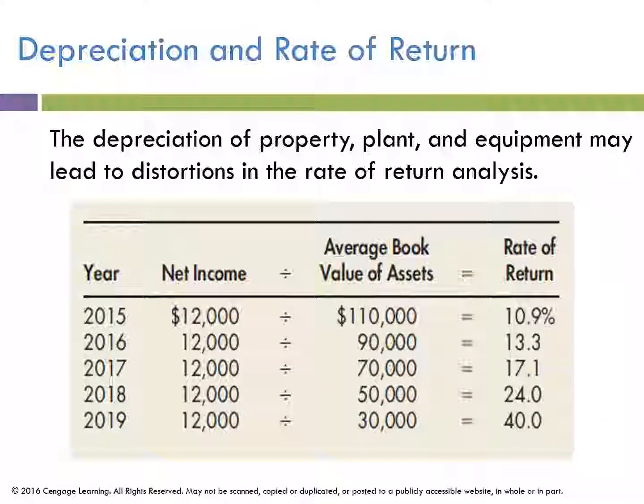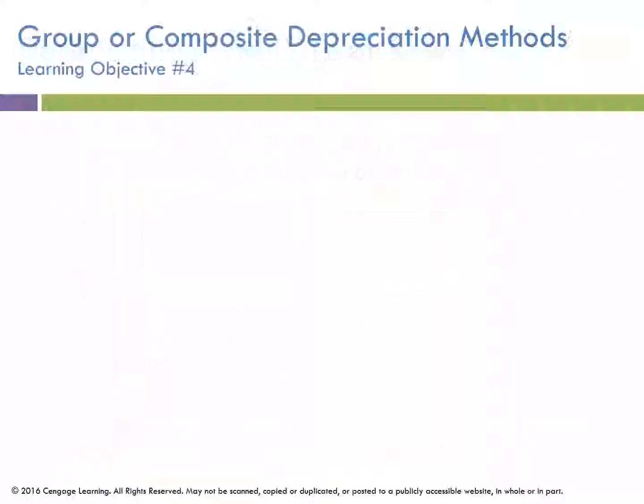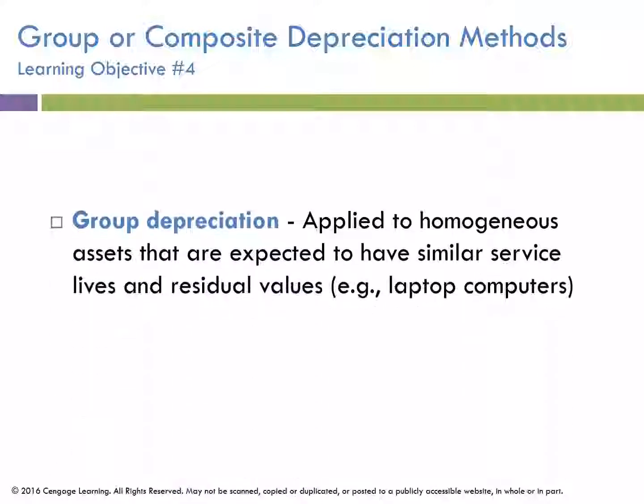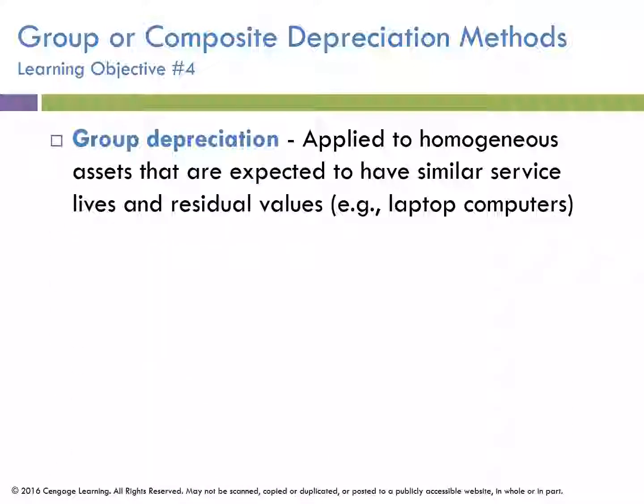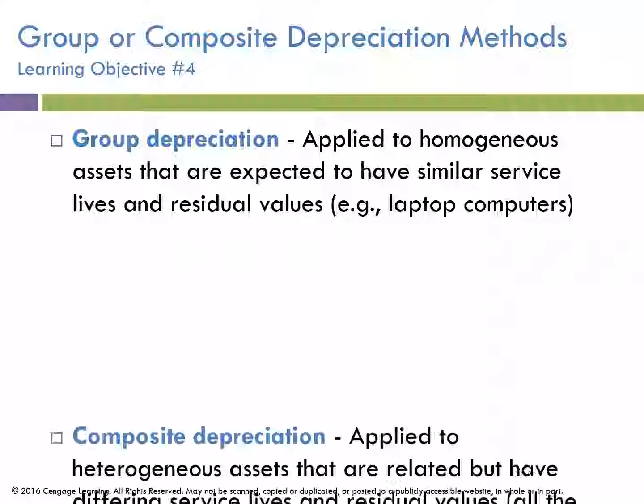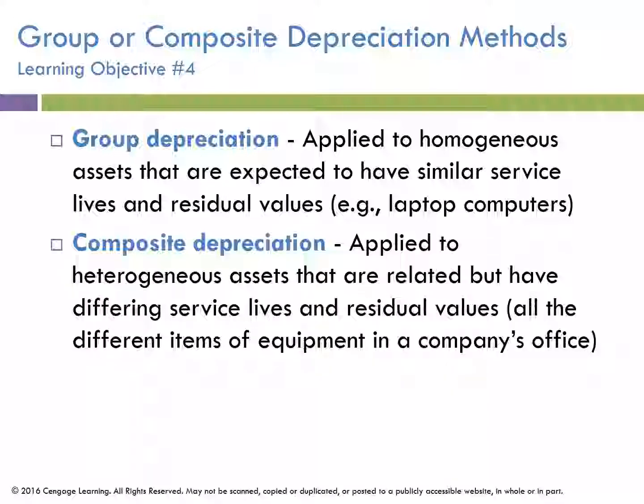The depreciation of property, plant, and equipment may lead to distortion in the rate of return analysis on the assets. So we determine rate of return on the value of our assets by taking net income divided by the book value of the assets. So we're just pointing that out. Another type of depreciation method is group or composite. Group depreciation is applied to homogeneous assets that are expected to have similar service lives and residual values, like laptop computers. Composite is applied to heterogeneous assets that are related but